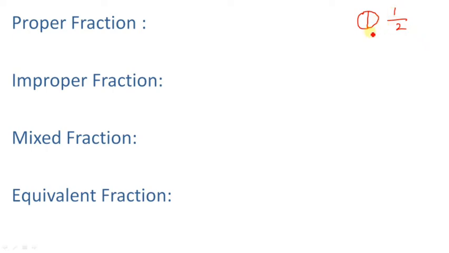We know the basics of fractions from our previous classes in class 5 and 6. Now let us remind ourselves of whatever we had studied about the different types of fractions. First we have the proper fraction. Suppose we write a fraction in the form of p by q. Here q is the denominator and p is the numerator. Suppose I write 2 by 3. When the numerator is smaller than the denominator, we call it a proper fraction, like 6 by 8. These all are proper fractions.